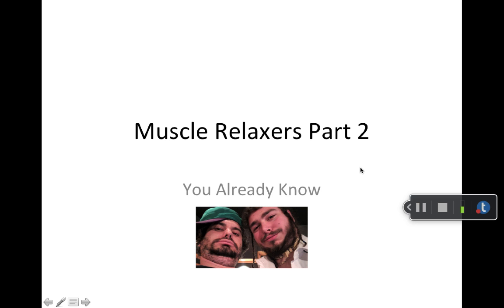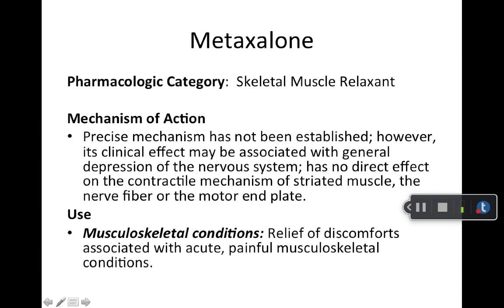This is Muscle Relaxers, part 2. You already know this is going to be on the test, so please, like I said in the past, some students have not studied part 2, didn't think it was going to be on the test, but please, this is testable material. Quick presentation here, just a few more medications to add to the previous muscle relaxer presentation. First off,